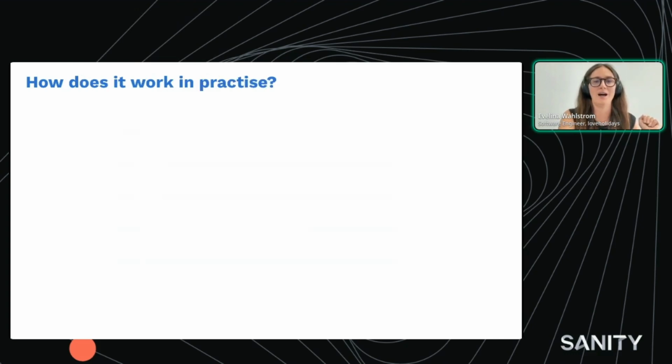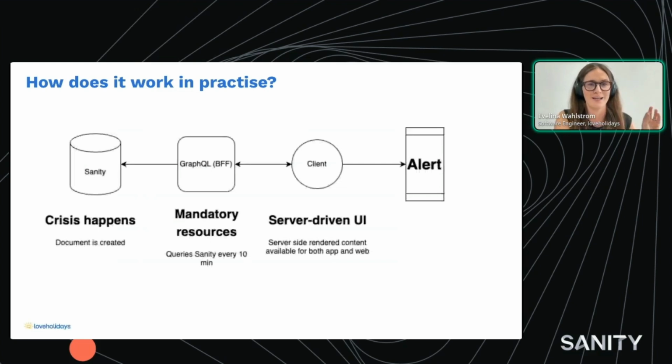So yeah, how does this all work in practice? This is my not so great visualization, I realize, but hopefully I should be able to explain this in a good manner. Basically, when a crisis happens, the idea is that an editor can go to Sanity and add an alert quickly and publish. And then our GraphQL backend for frontend will query this data and add it to something we call